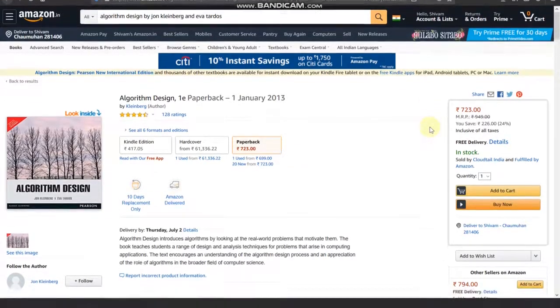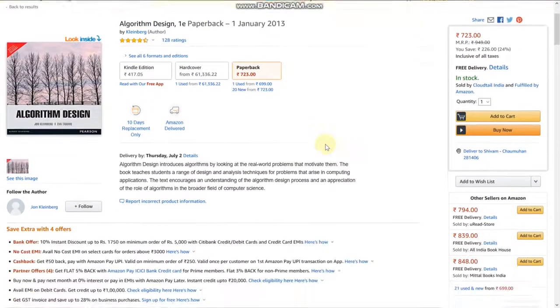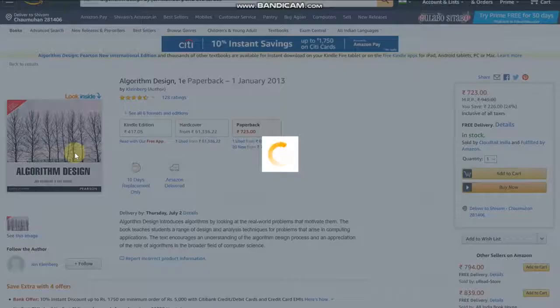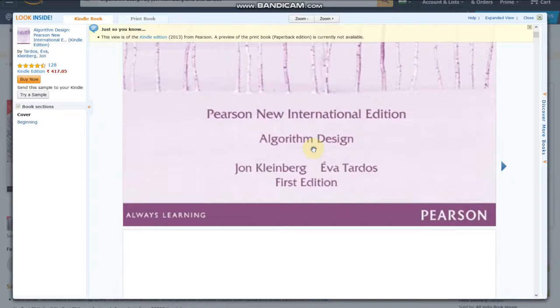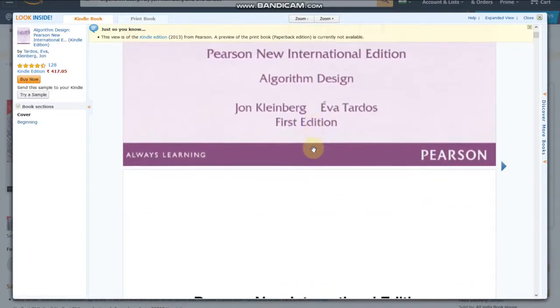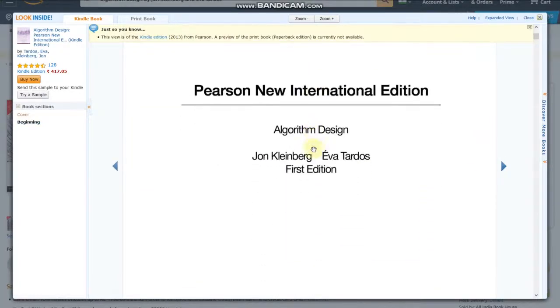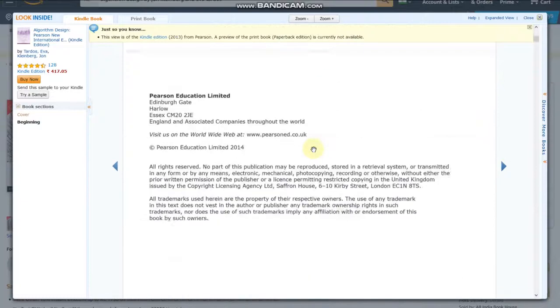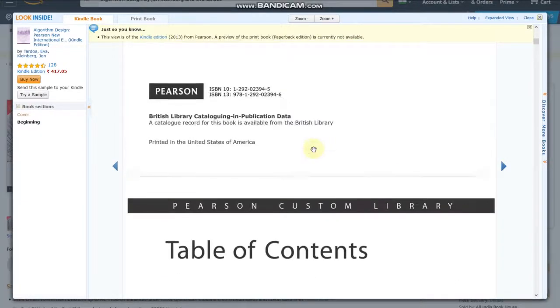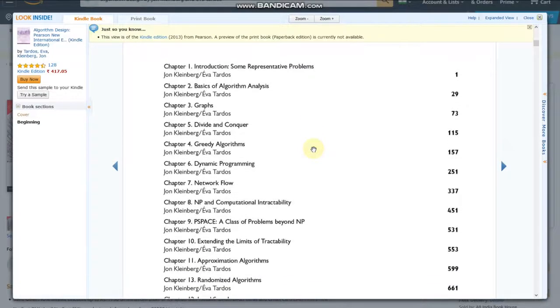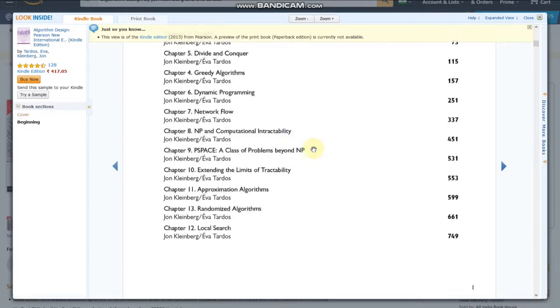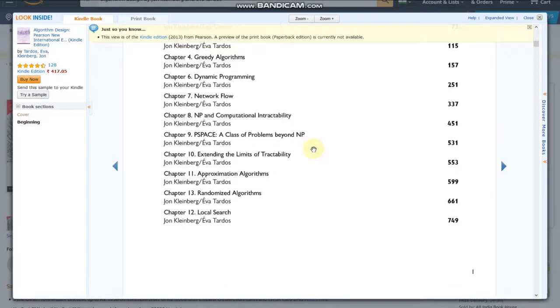Moving on to number three, we have Algorithm Design by Kleinberg and Tardos. This is actually the second best book in algorithms after Thomas Cormen's Introduction to Algorithms. It's not really an introduction to algorithms and is more suited to experienced programmers. It's somewhat advanced level, and it's more about algorithm design for developers familiar with the basic algorithms.